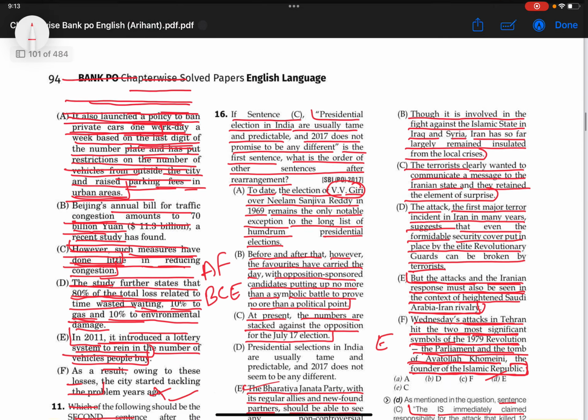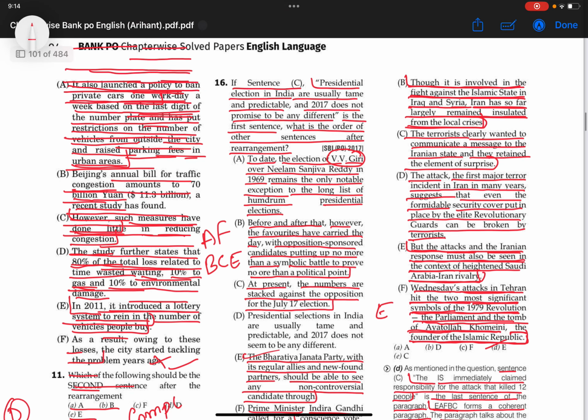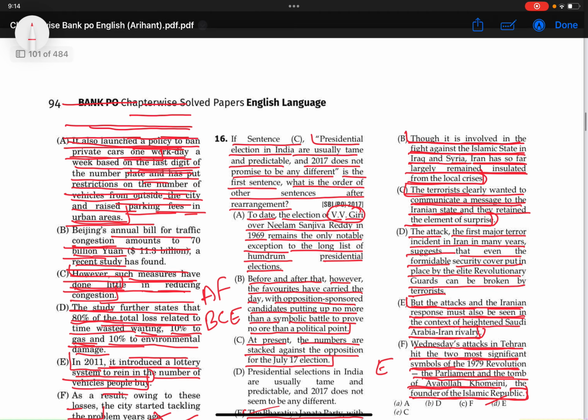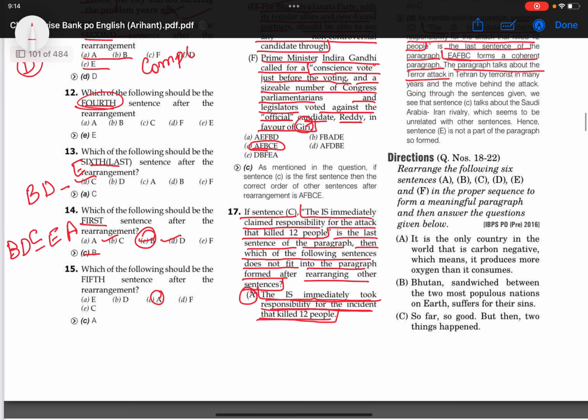F आ जाएगा, फिर आ जाएगा B. Though it is involved in the fight against the Islamic State in Iraq and Syria, Iran has so far largely remained insulated from the local crisis. फिर लास्ट हो जाएगा C. The terrorists clearly wanted to communicate a message to the Iranian state and they retained the element of surprise. ठीक, इसके बाद इसका अगला करेंगे नेक्स्ट वीडियो में।